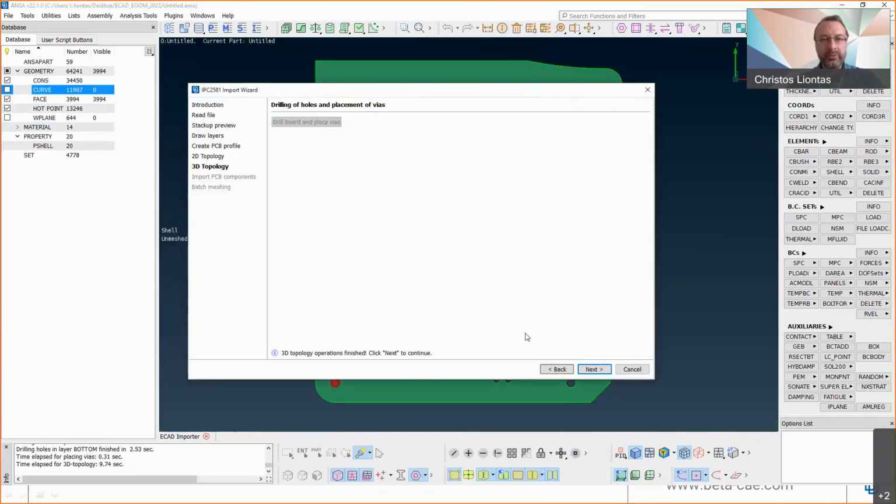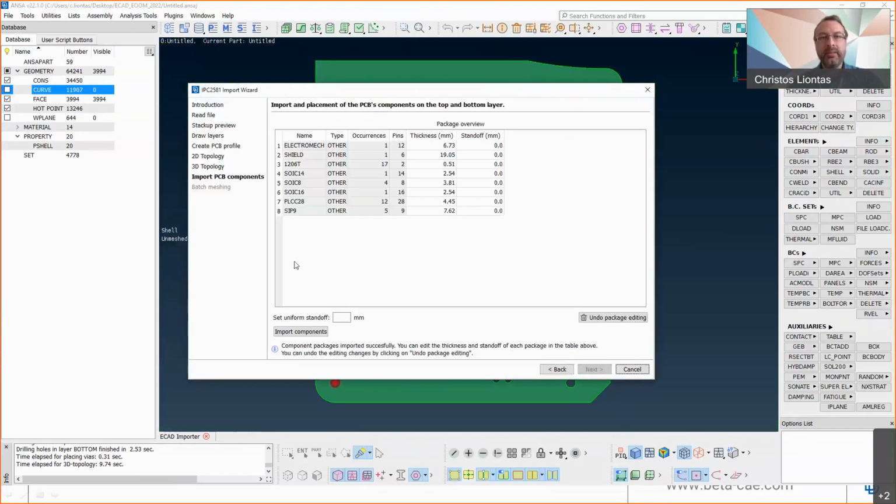And then we go to the import PCB components step, where we get a preview of what packages actually exist in this PCB, the first column. These packages may occur more than one time. So in occurrences, we have the number of times these packages occur. We have the number of pins for each package, and we have two columns that can be edited.